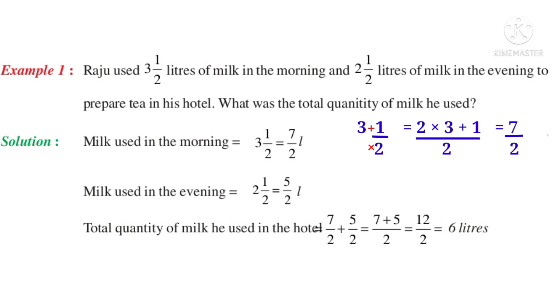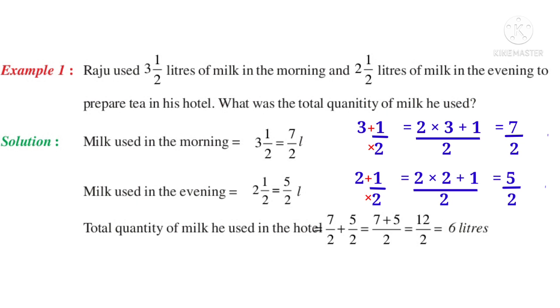Milk used in the evening is equal to 2½ liters. That is 2 into 2 plus 1 in the numerator by 2 in the denominator. That is 2 into 2 is 4. 4 plus 1 is 5. 5 by 2 liters. So the total quantity of milk he used in the hotel is equal to 7 by 2